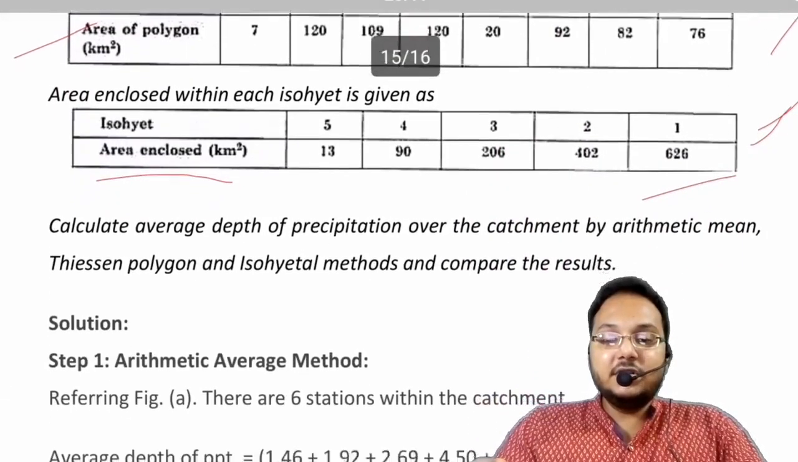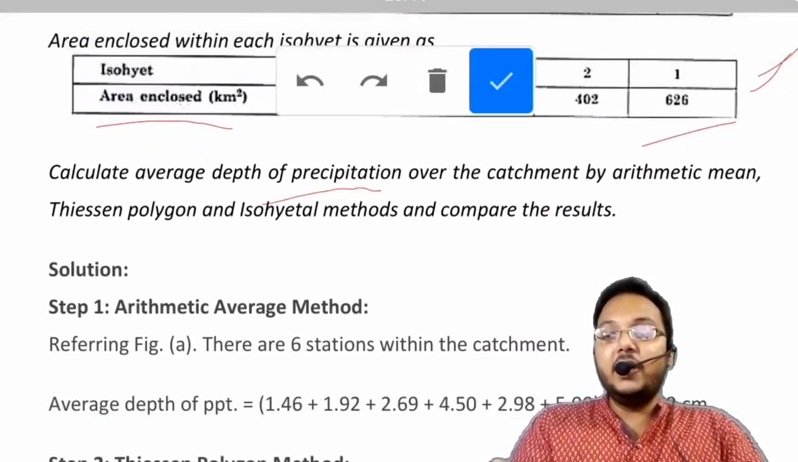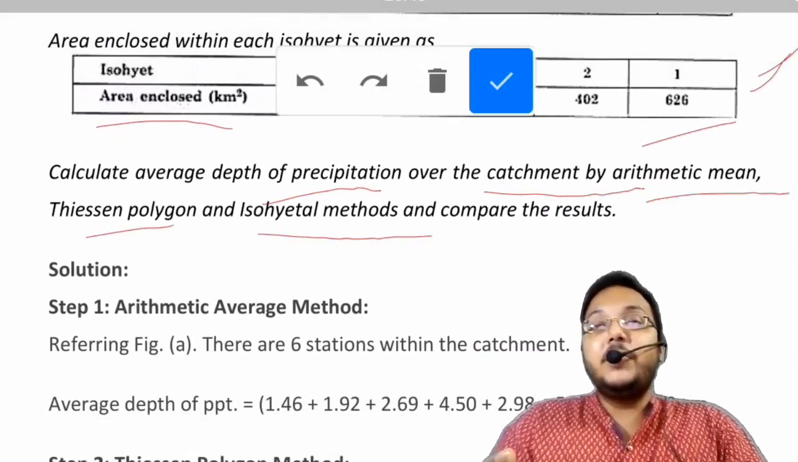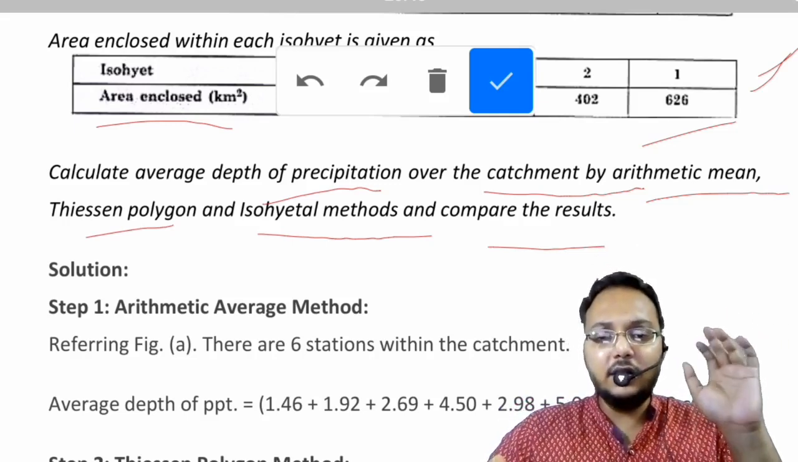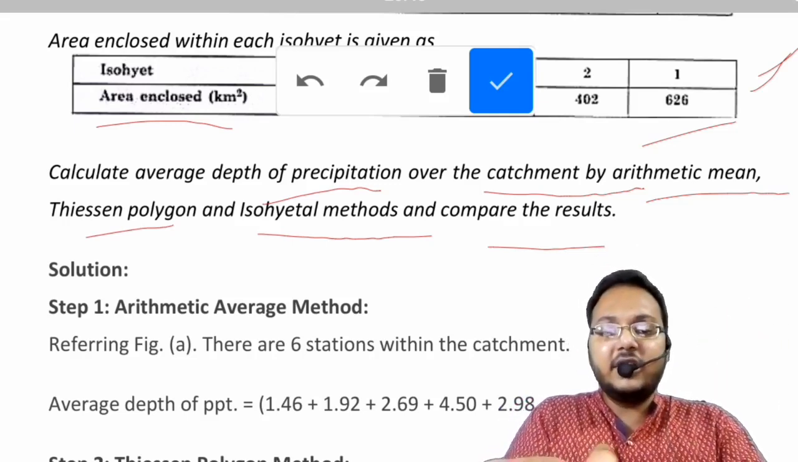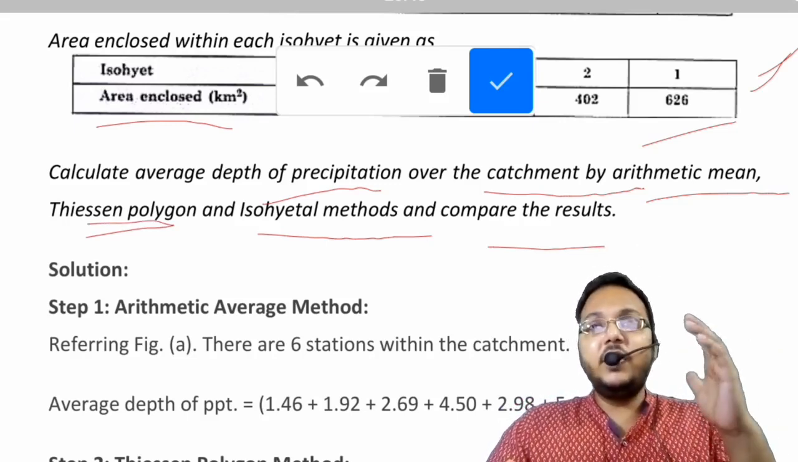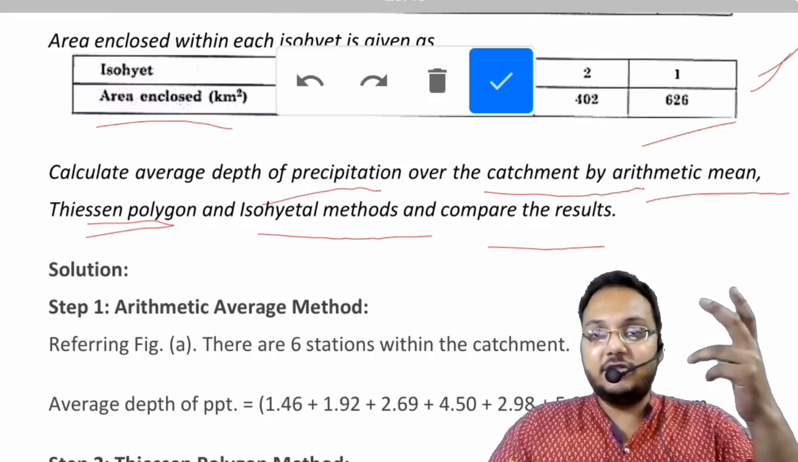The last part of the question says to calculate the average depth of precipitation over the catchment by arithmetic mean, Thiessen polygon and isohyetal method, and compare the results. So we will know that the Thiessen polygon method gives us the perfect answer for catchments having area within 500 to 5000 km square, but in the question we are asked to find the values of all the three and we have to compare the results. Okay,